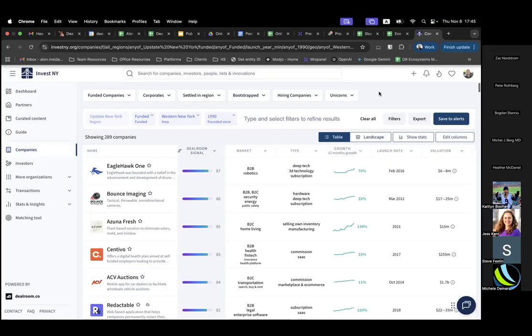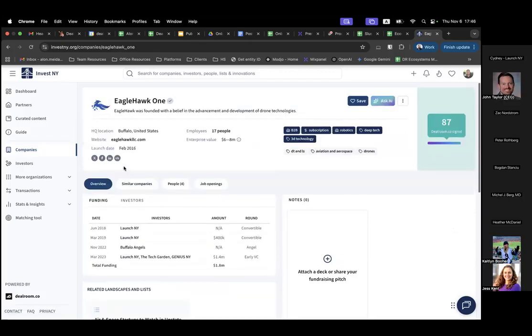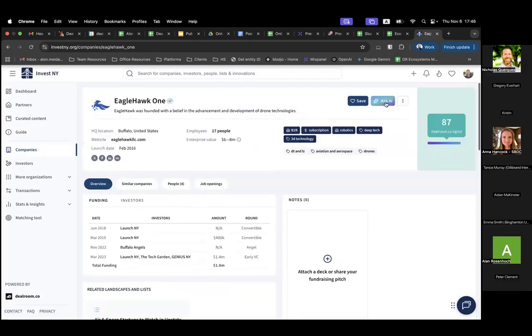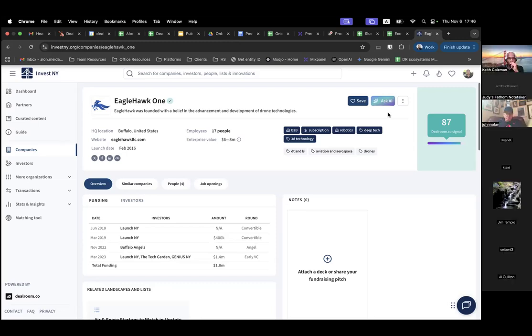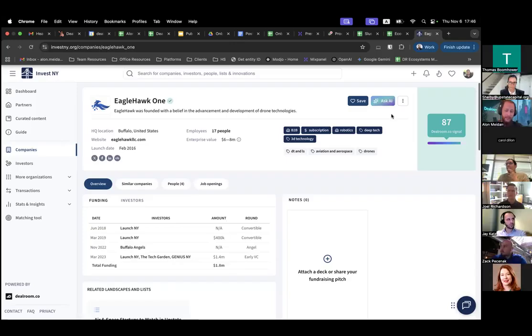So the keyword feature I demoed, for example, that was not there last year, especially the smart sector match. That's pretty new. Same thing with a little thing which I don't know if any of you noticed, but when I was on a company profile, there's this Ask AI thing. You guys will not see it now. It's not available for users yet, but this is basically a little helper that can tell you anything about a company based on the data we have. So that's another thing we're doing to improve.